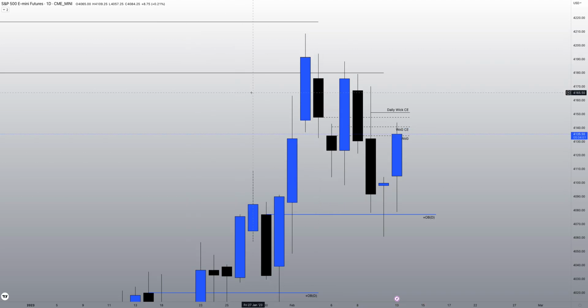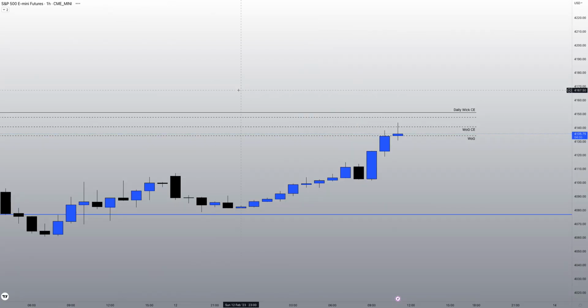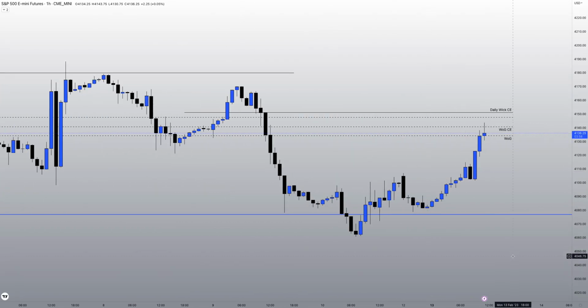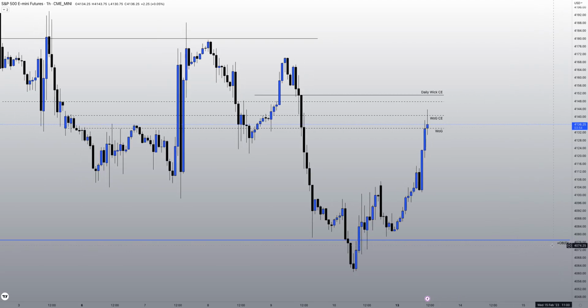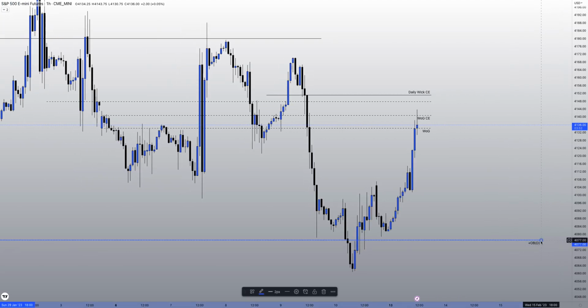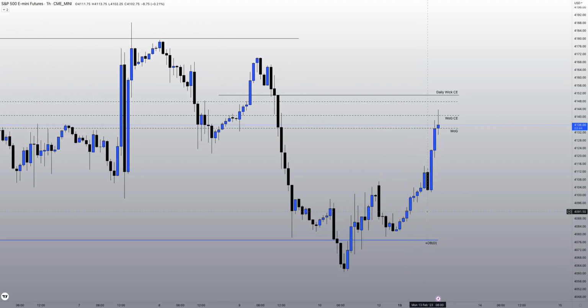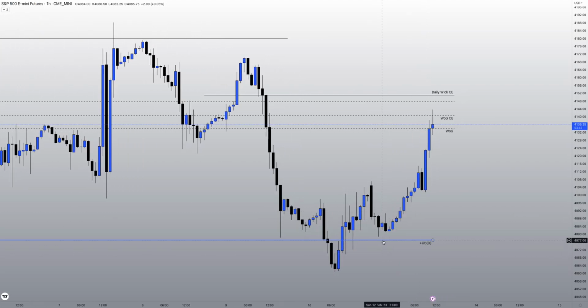Okay, now let's drop into a lower time frame. Here is our hourly. Now, this might look much clearer. We're going to be looking for the same signatures in price that we were looking at on the daily, on the 1 hour. We've reached a daily discount array. What do we see? We see price runs out